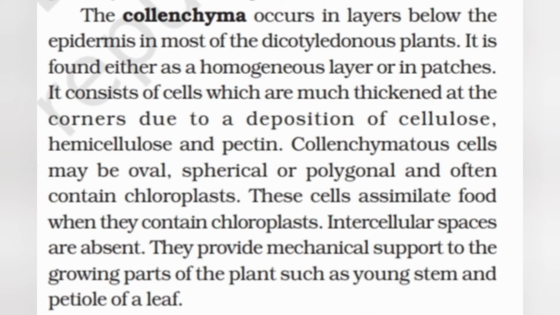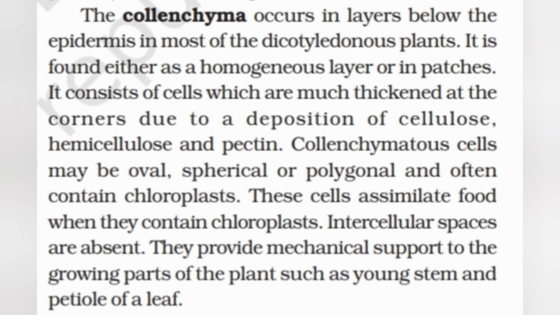Next are the collenchyma, which occurs in the layers below the epidermis in most of the dicot plants. It is found either as a homogeneous layer or in patches. It consists of cells which are much thickened at the corners due to a deposition of cellulose, hemicellulose and pectin. Collenchymatous cells may be oval, spherical or polygonal and often contain chloroplast. These cells assimilate food when they contain chloroplast. Intercellular spaces are absent. They provide mechanical support to the growing parts of the plant, such as young stem and